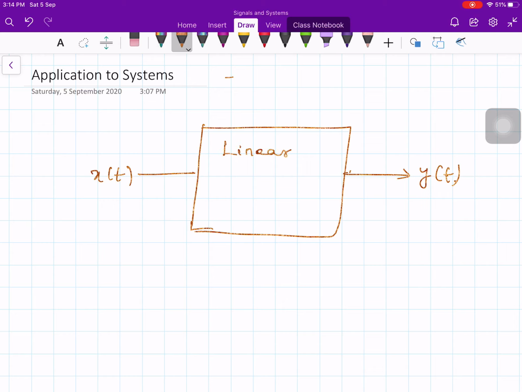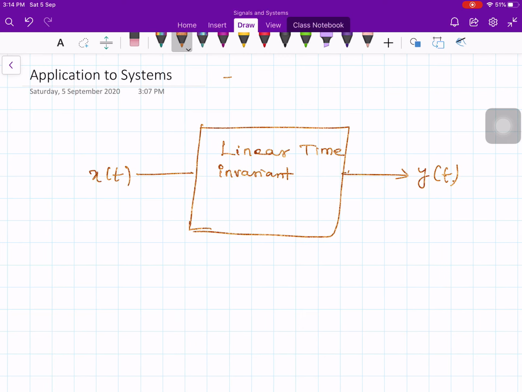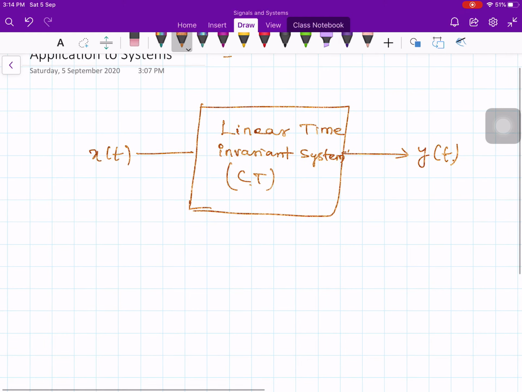That means a time invariant system, a linear time invariant system, where we assume a CT system, a continuous time system. So, when you have a relation like this, input x of t through this linear time invariant system, in